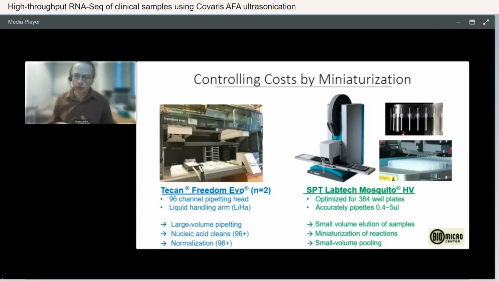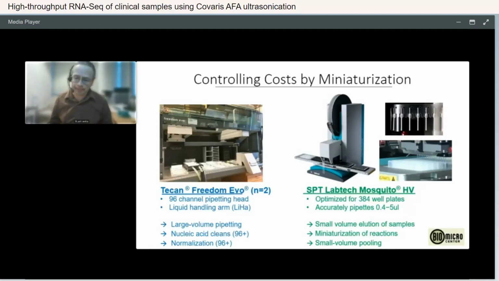They are multiple decades old. Any liquid handler is fine, but these have 96 tip heads, liquid handling arms, and we use these for large volume pipetting. We also use an SPT Labtech Mosquito HV. This accurately pipettes between 0.4 to 5 microliters. We've been able to bring it down to about 0.2. We tend to do this in 384-well plates in order to minimize evaporation,